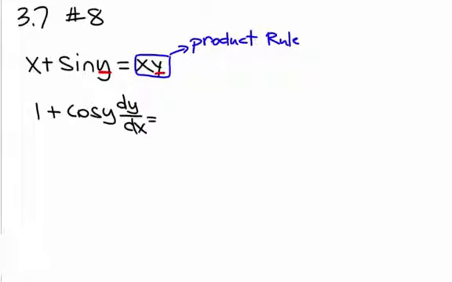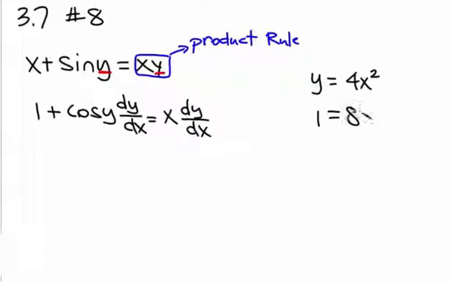Okay. Also notice that x times y is product rule. Sometimes that one can sneak past us. Well, the derivative of x is 1. The derivative of sine y is cosine y. Okay. Derivative of sine is cosine. Keep the inside the same. Don't change it. And then multiply by what's on the inside. In this case, that's dy/dx. And that's equal to